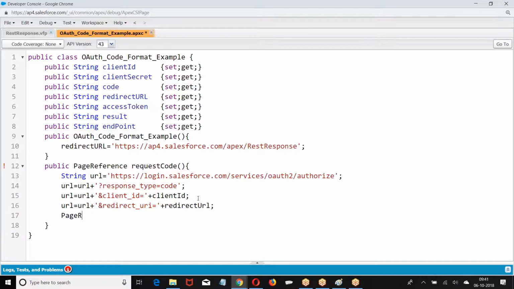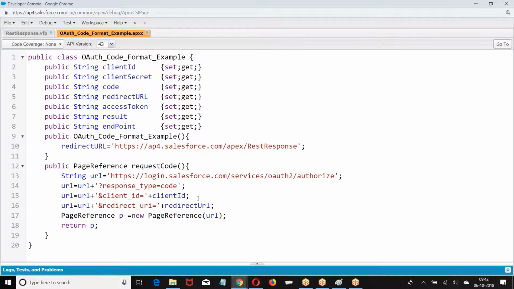Now here I want to convey one message to you. We might have used a page reference a number of times, right? Every time you are using a page reference, internally it is an HTTP GET request. I'll prove that here. Whenever you are seeing a page reference return P, internally it is an HTTP GET request. Now what did I make? I made a URL and told page reference URL return P. Let me finish till here.